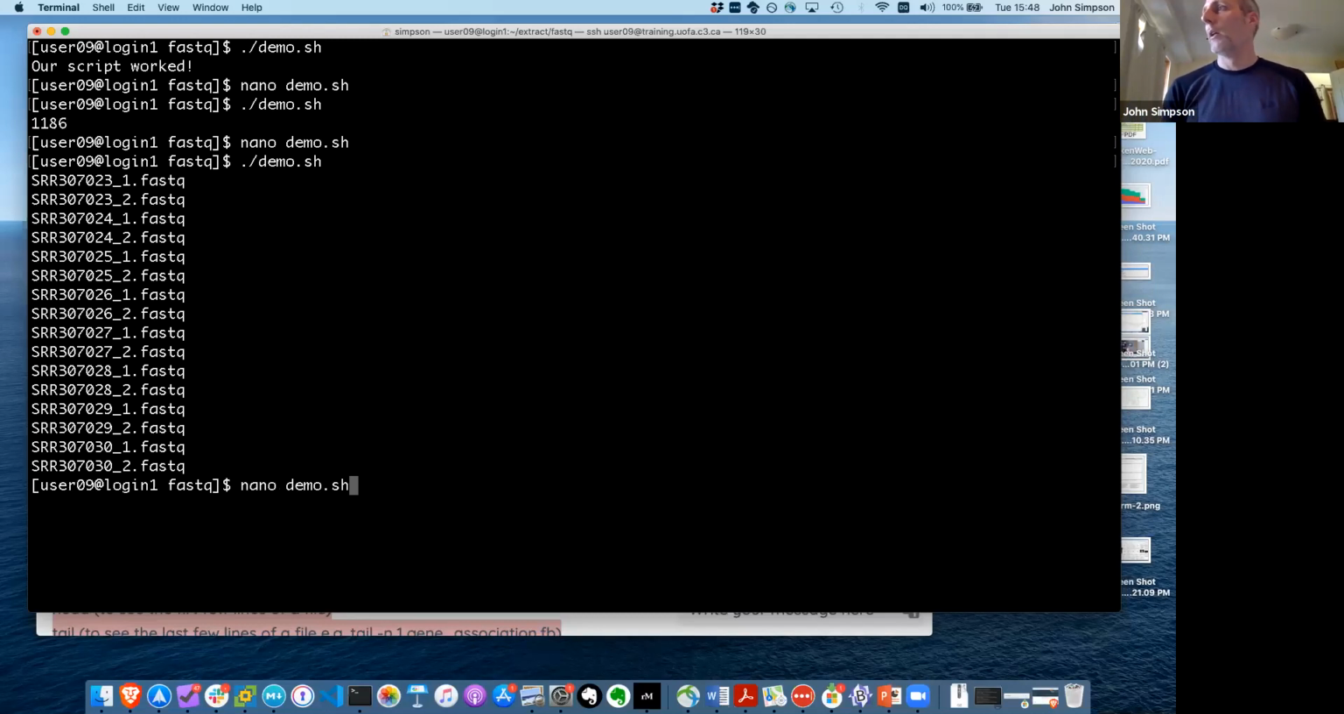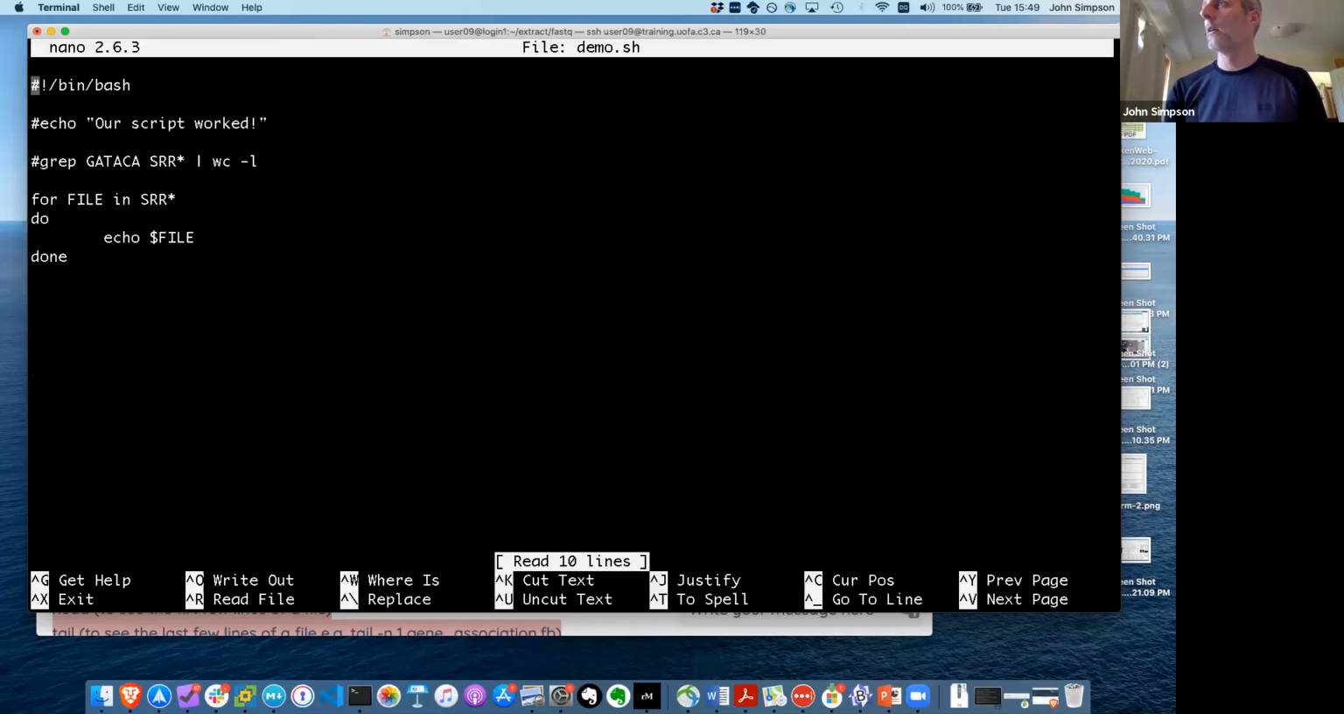So let's go back and press up twice to get to nano demo.sh. I'm going to run that. So if we can do this, we can just print the file name. What do we actually want to do? We probably want to use grep, right? So we don't want this. What's the line I need to type here? Type the first piece for you. Grep, Gattaca,